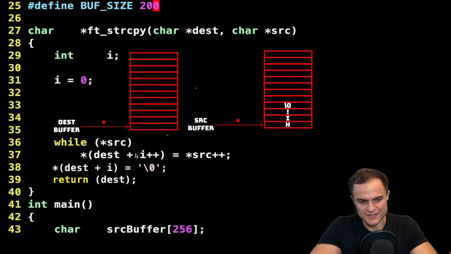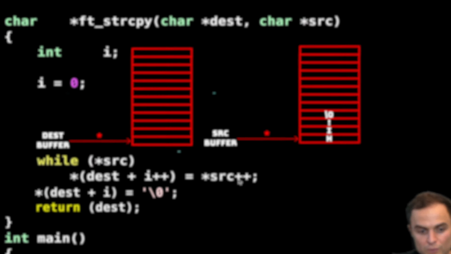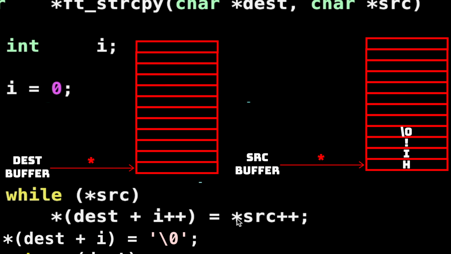Right? Here I say *(dest + i), which initially, what is i? Well, it is 0. So I say *(dest + 0) in the first iteration, and then I have this postfix increment. So I'm gonna increment i after I've used it, right? So the first operation is *(dest + i). Namely, I'm gonna dereference the first position of my destination buffer. I assign to this position the value at source, right? With the postfix increment. So first of all, I'm gonna dereference source, and then I'm gonna increase source by 1